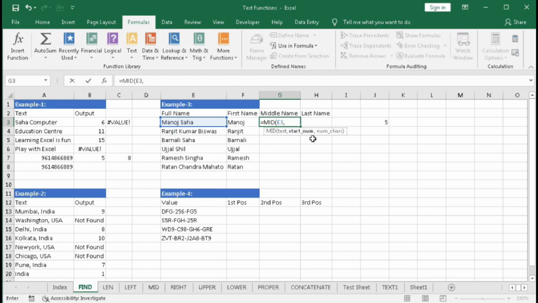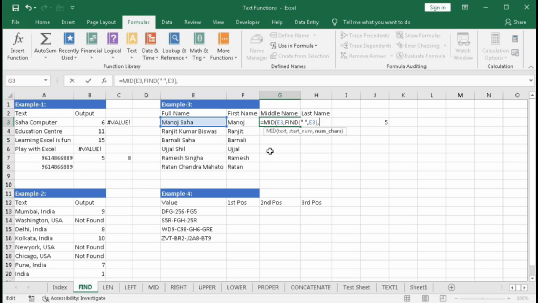So here for the start number, FIND space, comma, within text this cell. Sorry, we don't need to use starting number. So we got this start number here. You can see, press F9, 6th position. Okay.